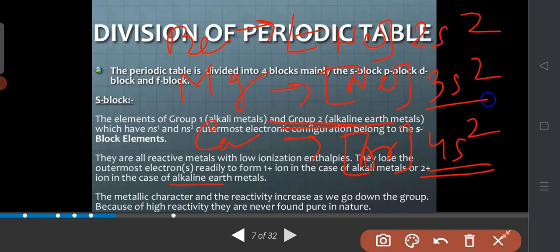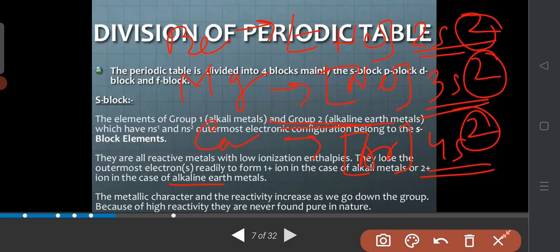First of all, they are situated in group 2 as the number of electrons in the valence shell for each element is 2. The period in which they are situated is indicated by the principal quantum number, that is the shell number. Beryllium has principal quantum number 2 in the valence shell, so it is in the second period. Magnesium is in the third period, and calcium is in the fourth period. They all have the same number of outermost electrons, that is 2, and they are present in group 2.